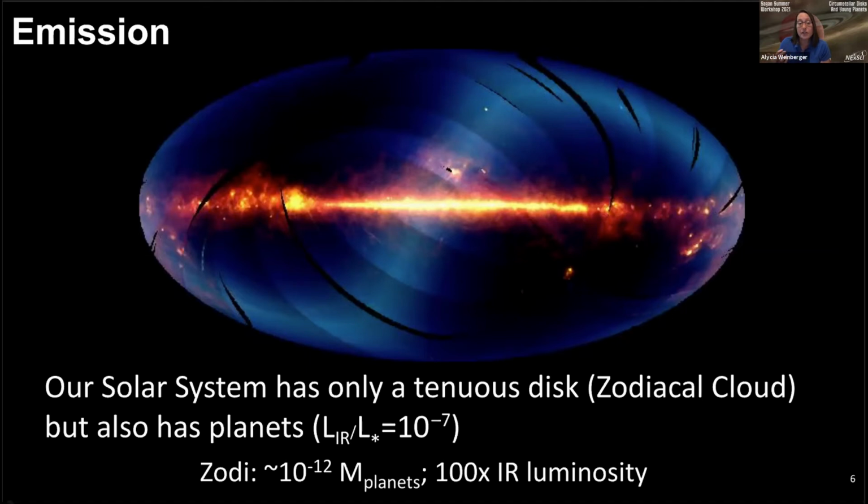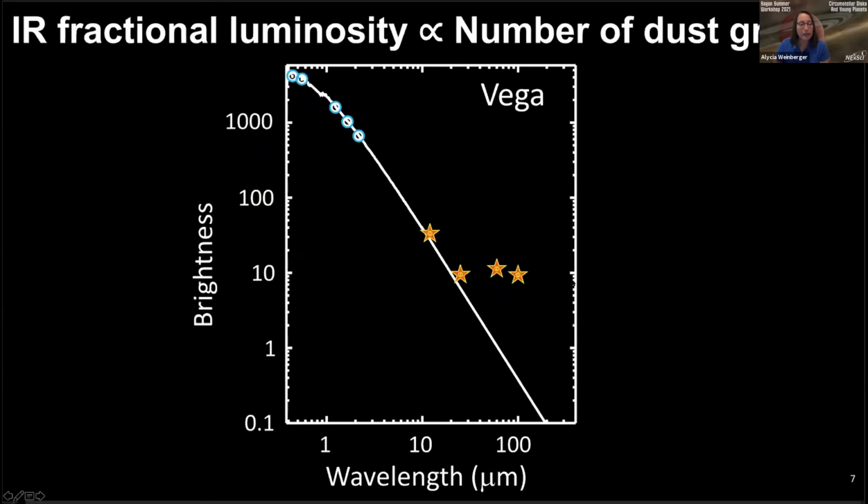So it's actually a very good tracer of the fact that a planetary system exists, or at least planetesimals exist. For the first time, this infrared excess was detected around a main sequence star by the IRAS satellite. And the big advantage of the thermal infrared excess is that the star is faint, right? It's falling off on the Rayleigh-Jeans tail, like 1 over lambda squared. And so if it has dust that's emitting strongly at far infrared wavelengths, like here in Vega at 60 and 100 microns, it's quite easy to observe above the background of the star, unlike in the scattered light case.